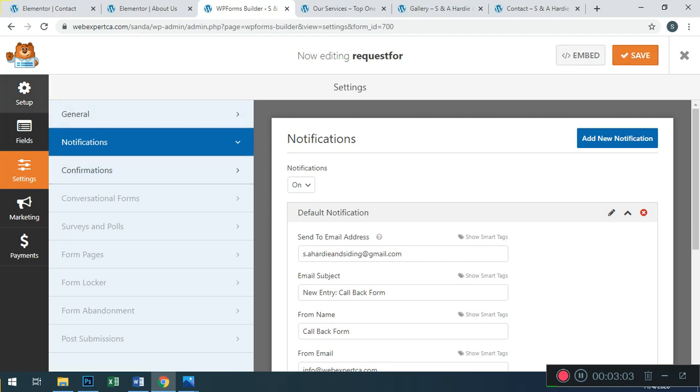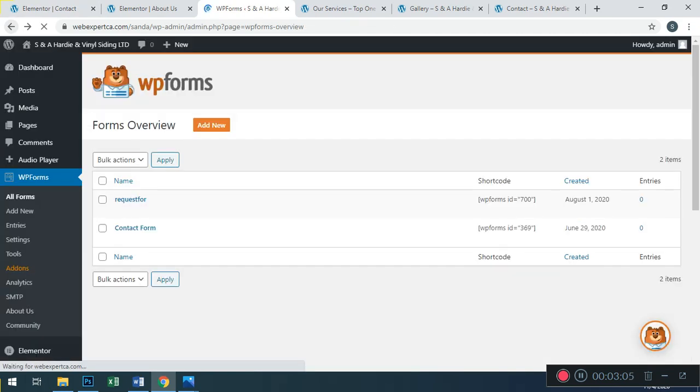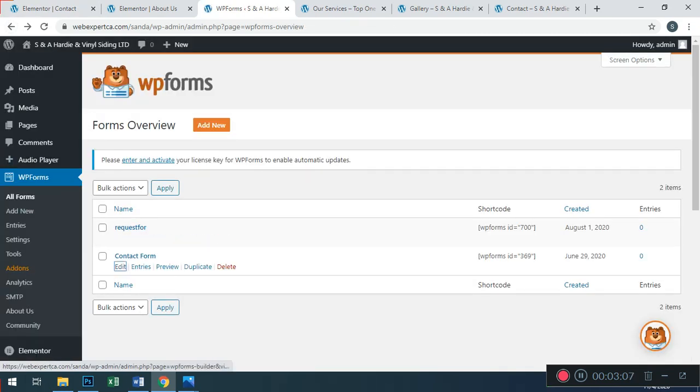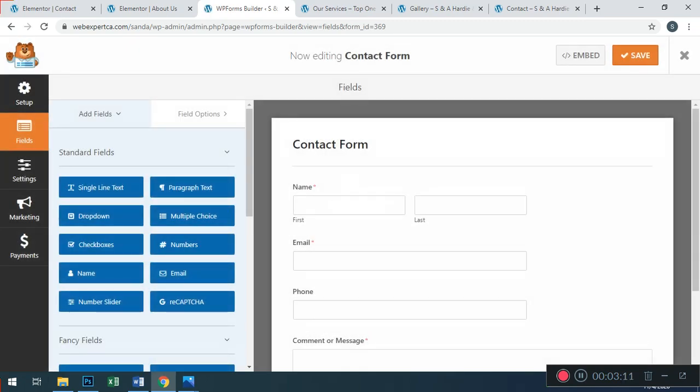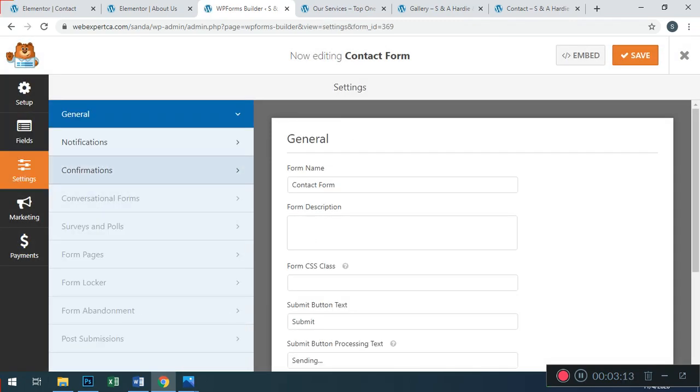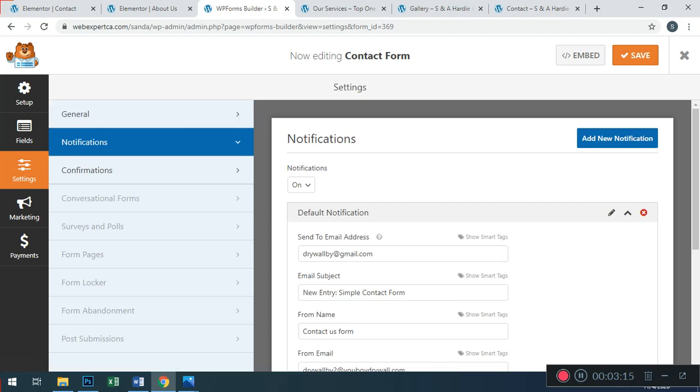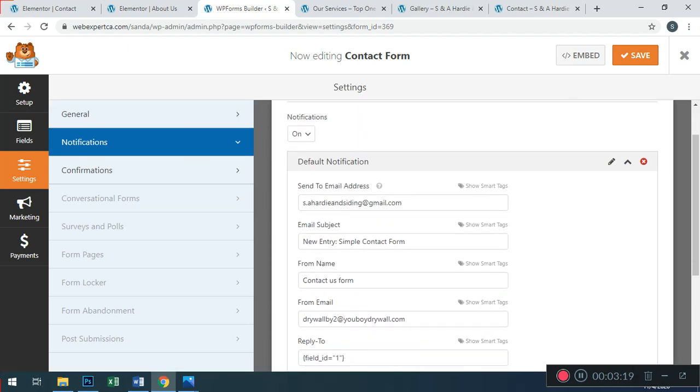Now we go to the previous screen, because we also need to change the email address in the notification for the simple contact form.